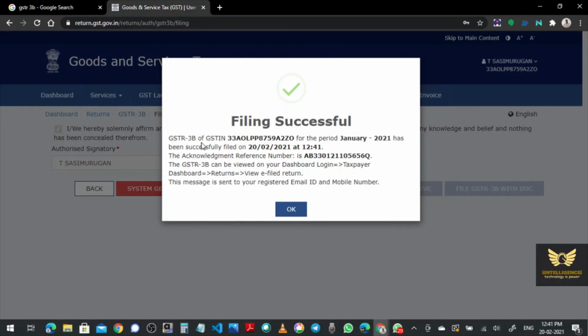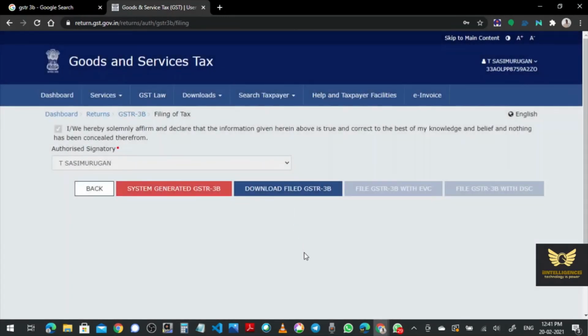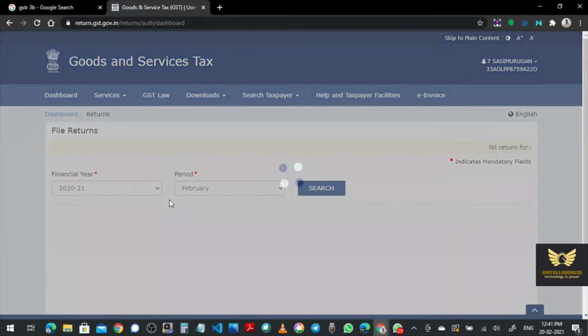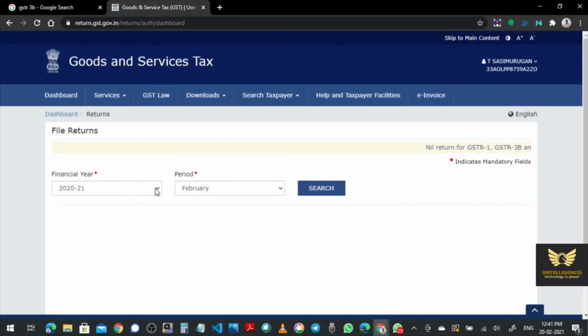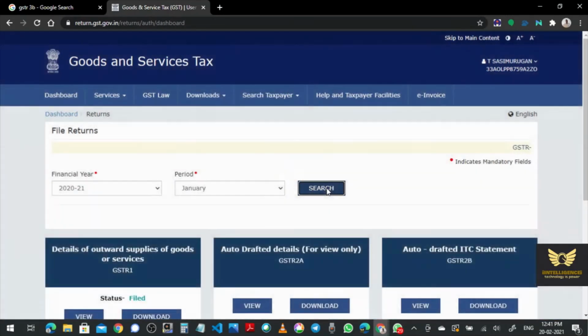Filing successful. This is the GSTR 3B which I have filed for my GST number, for the period January 2021. Click OK. Go to returns, then just check it. Financial year 2021, January period. Click search.